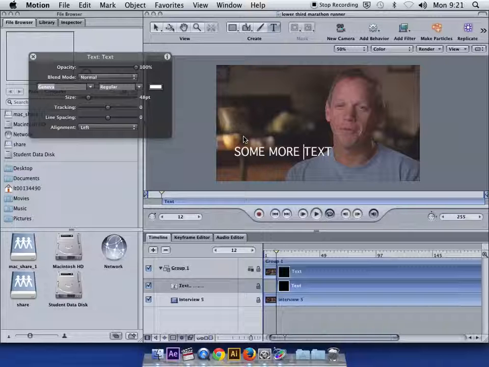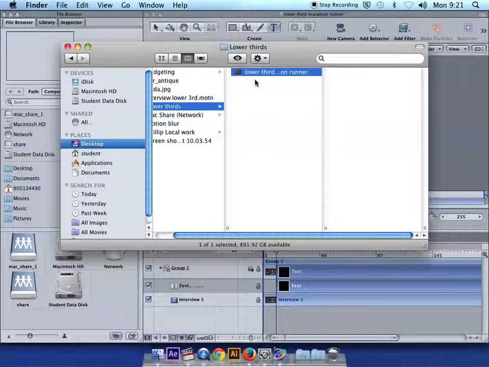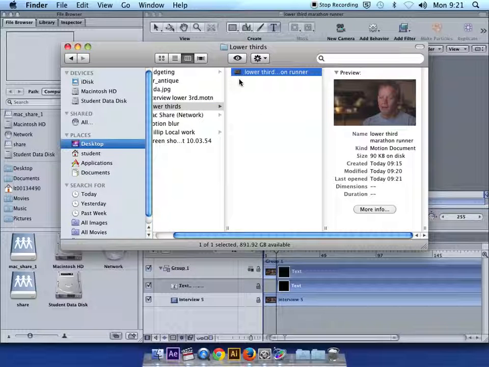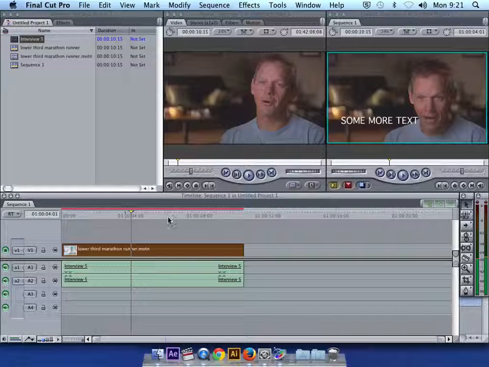So what we have is a project file, and that's the .motn file, and that's here on the desktop. Okay, you can see it there. But as you'll notice here, it also functions as a video file. So you can watch an Apple Motion project file just like you would any QuickTime file. It sits on the computer as a video file and a project file, and the video file is pulled in almost like a piece of video from a scratch disk if you've done an import or a capture,